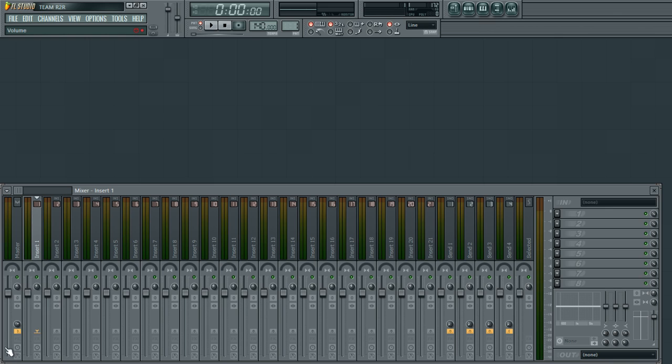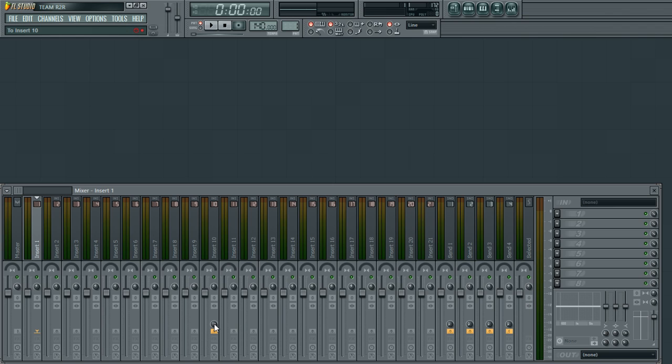Let's talk about routing now real quick. So routing, like I said before, is putting one track to another track, and if you want to put that track into another track, so insert 1 to insert 10 to the master. And to do that, you can click on, it looks like a scroll knob with a kind of bent arrow on it. This means that it's routed to the master, and now it's routed to nothing except the send channels, which are absolutely useless, but they won't play anything because they're at 0%. So if I wanted to route 1 to 10, I'd just click this off, click 10,